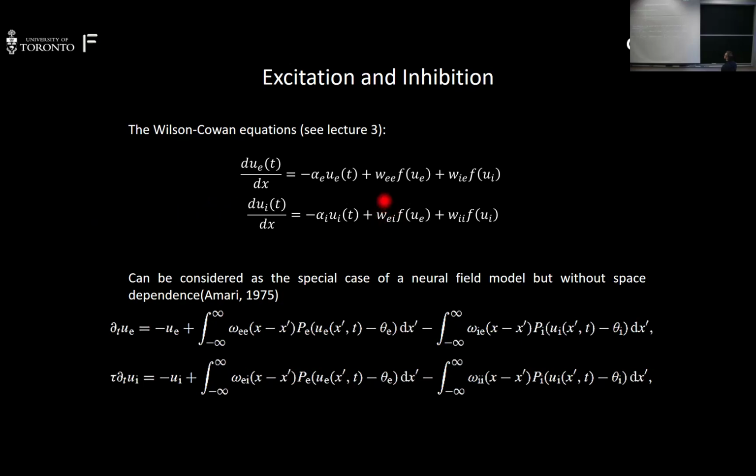But just to underscore a point that I made before, I started making this to say that the structure of the neural field we were talking about is similar to the Wilson-Cowan equation. What I was telling you to ignore was basically all of this. I mean, we can have an EI neural field, but